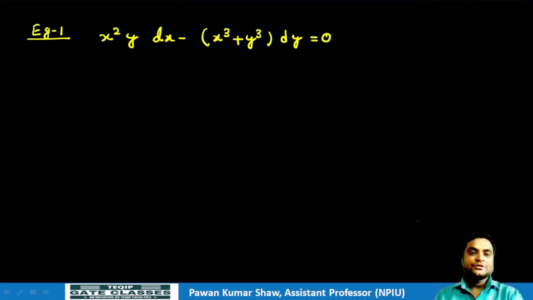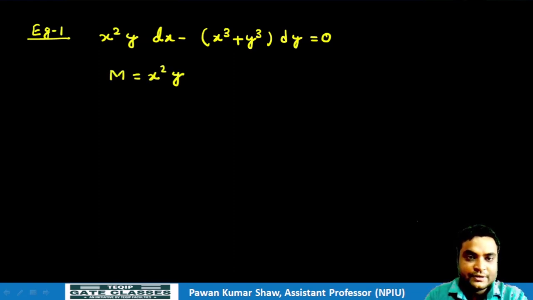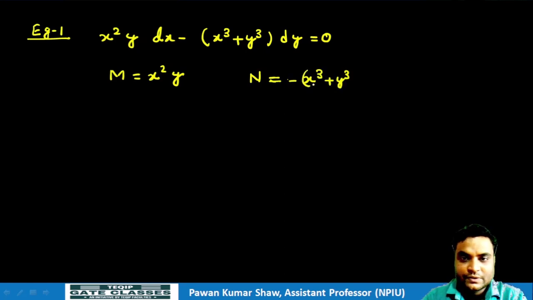तो यह जो हमारी इक्वेशन है वो फर्स्ट ऑर्डर एंड फर्स्ट डिग्री की डिफरेंशियल फॉर्म वाली गिवन डिफरेंशियल इक्वेशन दी हुई है. सो नाउ वी वांट टू फर्स्ट चेक वेदर इट इज एग्जैक्ट और नॉट. सो इफ यू कंपेयर दिस इक्वेशन विथ आवर m dx plus n dy, so here m will be x square y and n will be our minus x cube plus y cube. So we want to check first whether it is exact or not. सबसे पहले हम देखेंगे कि ये exact है या नहीं है.